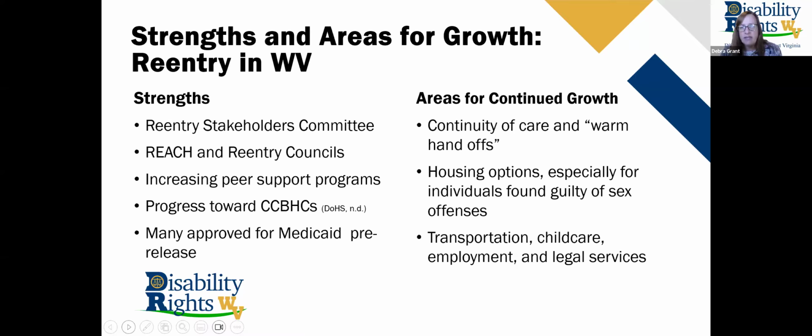We want people to have what they need so that they can avoid future interaction with law enforcement and going back to jail. Two important things in this are peer navigators and